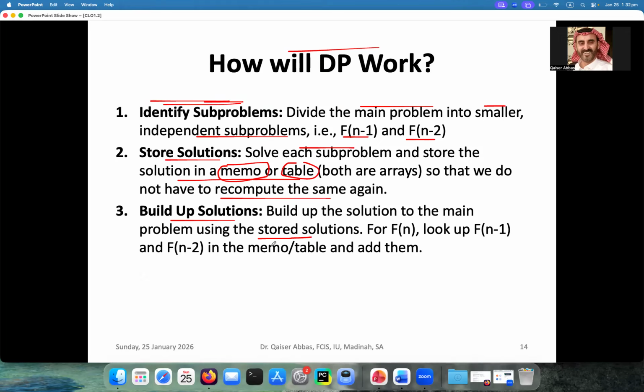So you will build the solution to the main problem by using the stored solutions. For example, for f of n, you will use f of n minus 1 and f of n minus 2. If they are available in the memo or table, you will use them from there. If not, you will calculate them and then store them. For Fibonacci, you will use the solutions from the table, add them, and give the result to f of n. And this is just for the previous example. Now,